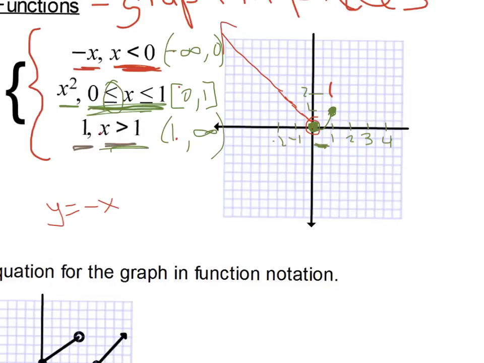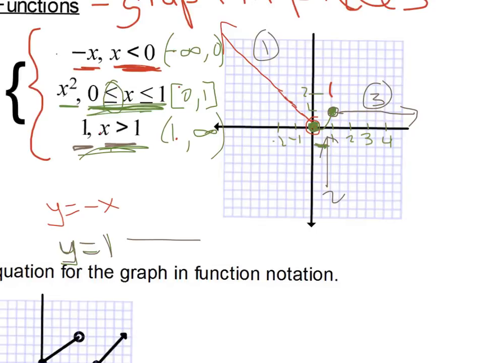All right, and so this third part just looks like y equals 1. Let me change to my brown so we have 3 different colors. Okay, so y equals 1 for that. Well, y equals 1 is a constant, like a flat line. So at y equals 1, it's an open circle that we start with, but it's already closed, so we got it filled in, so it's all good. And we go y equals 1, and there it is. So this piecewise function has 3 pieces, 1, 2, and 3, and look, it has 3 equations, 1, 2, 3, over here that describe it. All right, now,